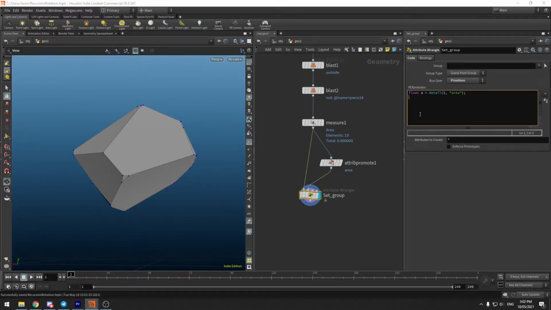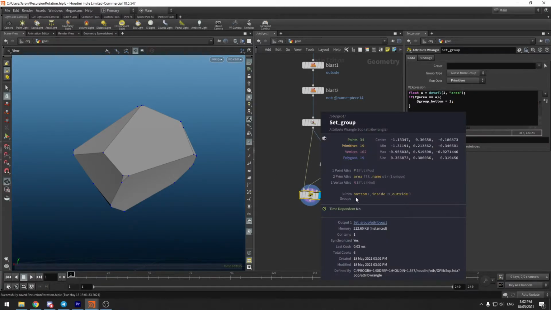Now in my vex, I need to figure out which primitive has got the area that matches the attribute promote, which has been set to the maximum amount. To do so, I can say if f@area is equal to A, then group this. And to group this, we say @group, and then we give an underscore, and then we have the name. I'm going to call this bottom equals to 1. And now if we middle click here, we're going to see that one of our primitives has been given the